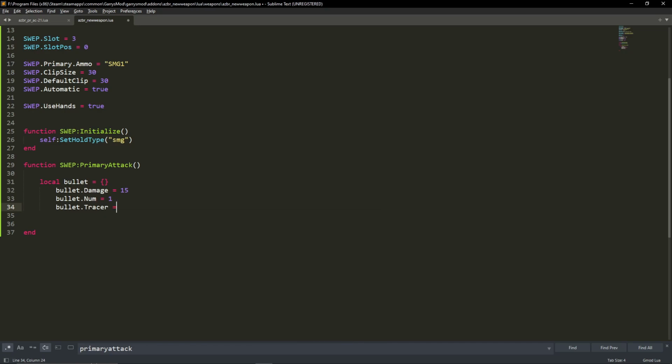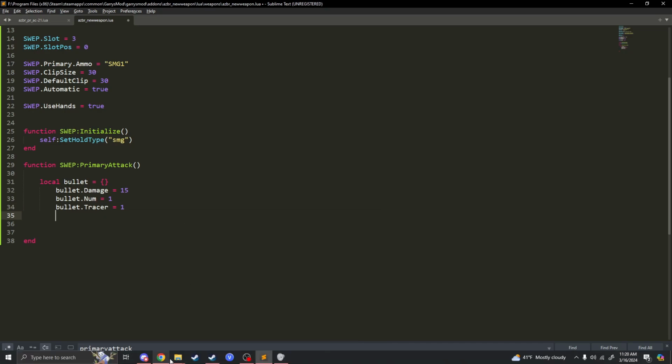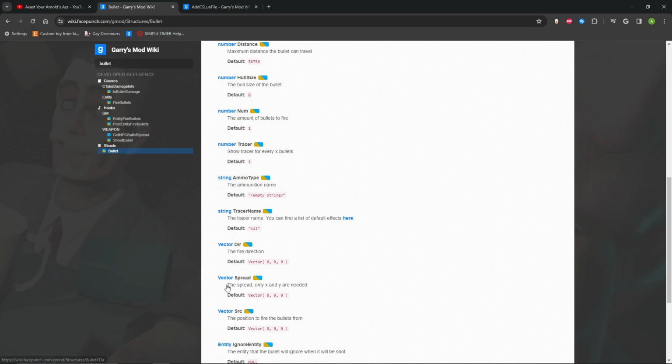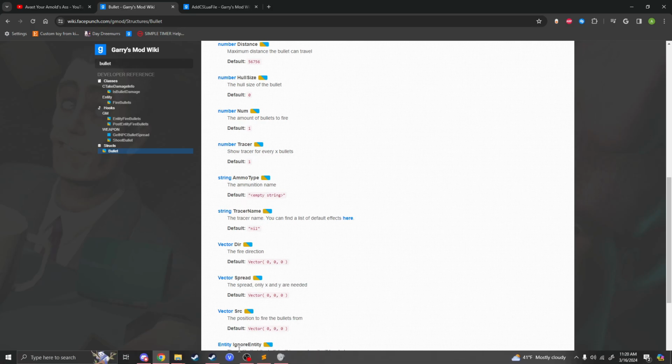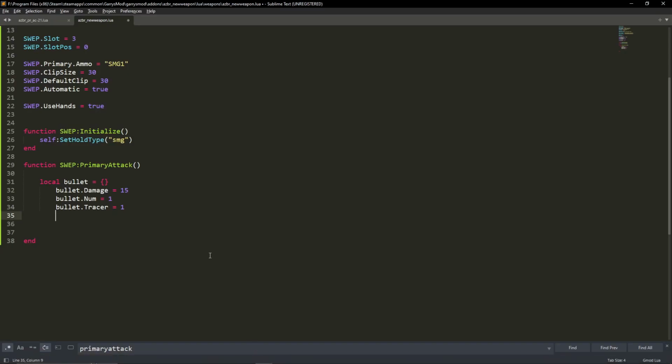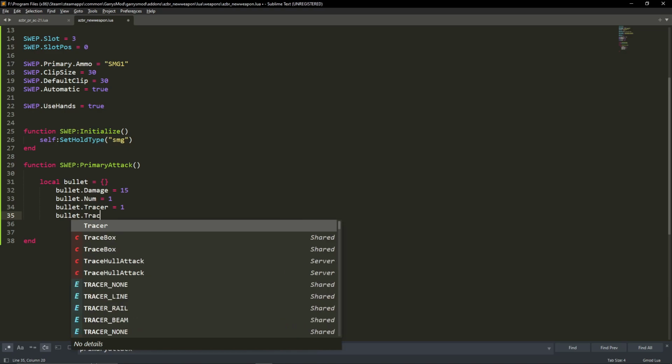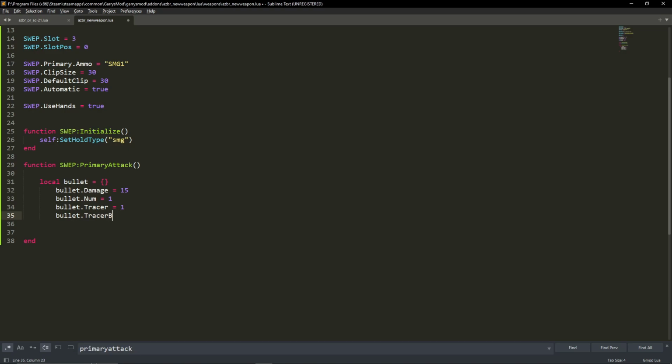So bullet.tracer equals 1. Well, now we need to declare the tracer name. We need to say what kind of tracers it has. Is it the SMG tracer or is it the AR2's fancy blue tracer? So bullet.tracer name